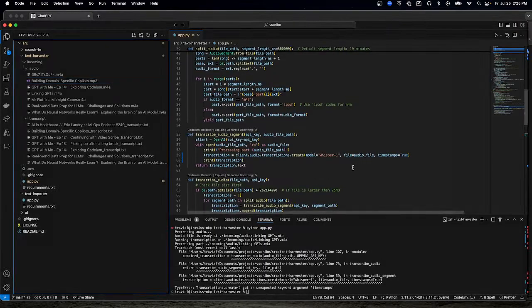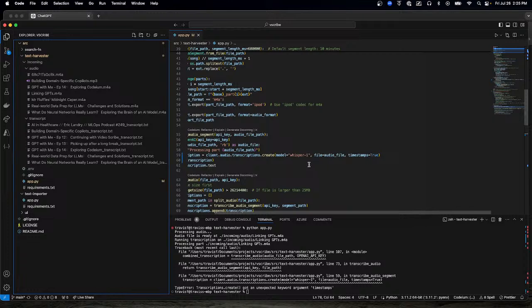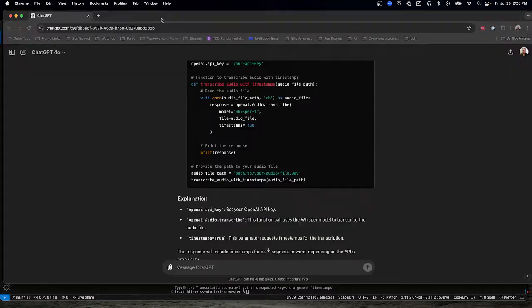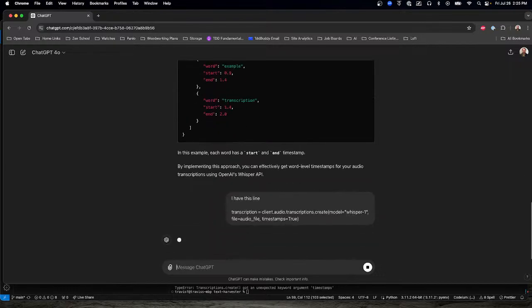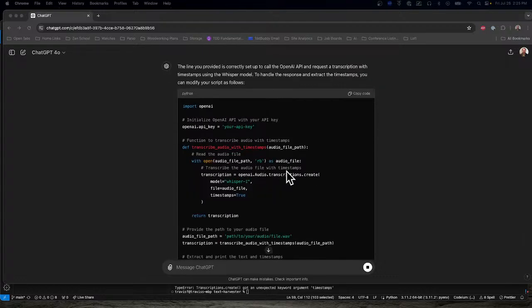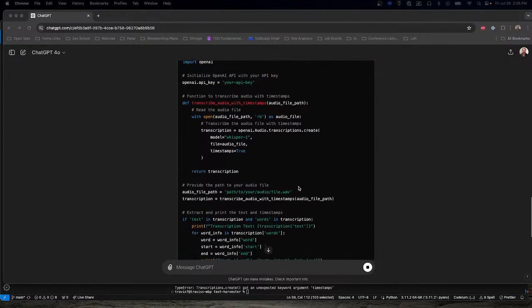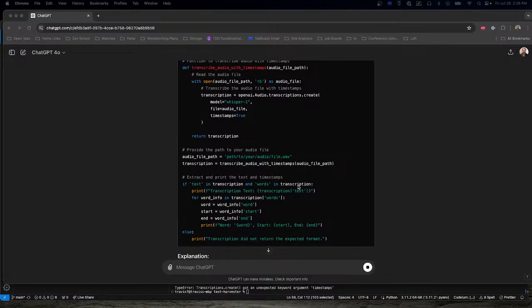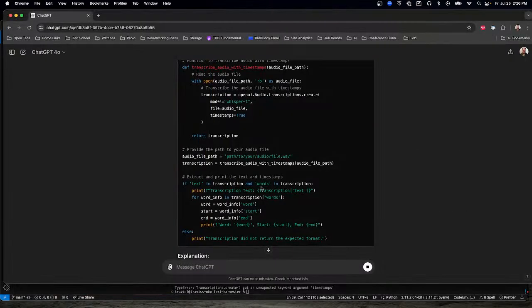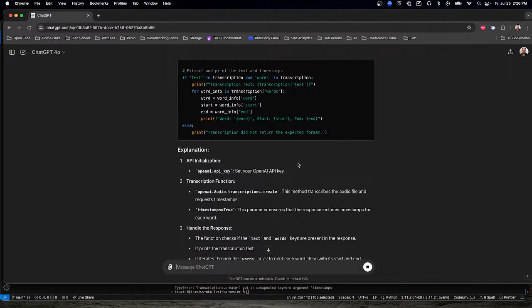Am I even putting it in the right spot? transcriptions.create. Let me just say I have this line and see what happens here. I'm giving it the line in question. Is it going to give me a better response? client.audio.transcriptions looks comparable. Timestamps too.